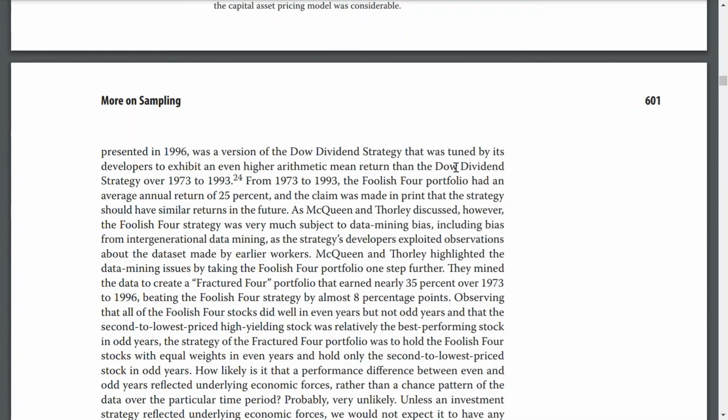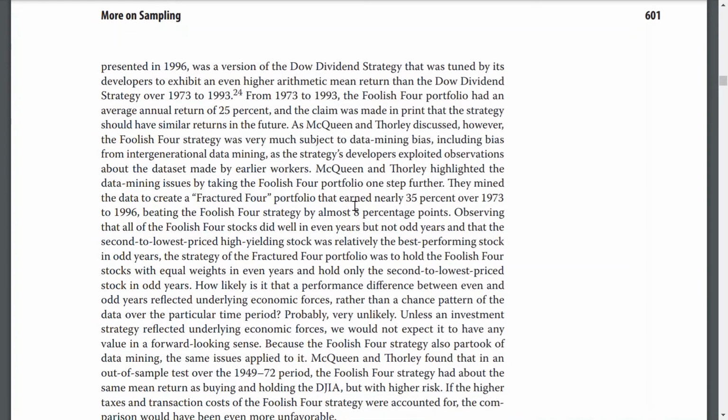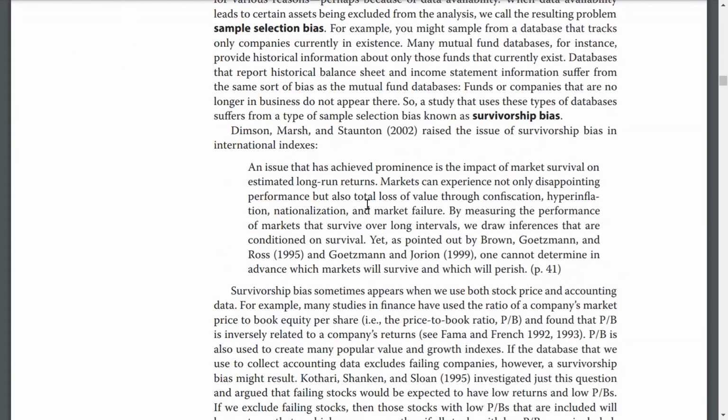As McQueen and Thorley discussed, however, the Foolish Four strategy was very much subject to data mining biases, including biases from intergenerational data mining, as the strategy's developers exploited observations about the data made by earlier works. McQueen and Thorley highlighted the data mining issues by taking the Foolish Four portfolio